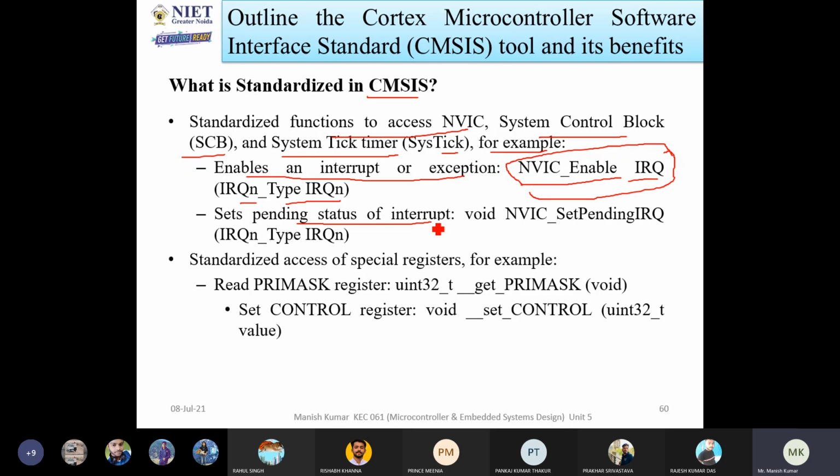Set pending status of interrupt: void NVIC underscore set pending IRQ. This is the function. With the help of this function, you are going to set interrupts to pending. Whatever interrupts occur, those interrupts will be in pending status. So this will be valid for all Cortex-M processors. That's why we are using standardized CMSIS.